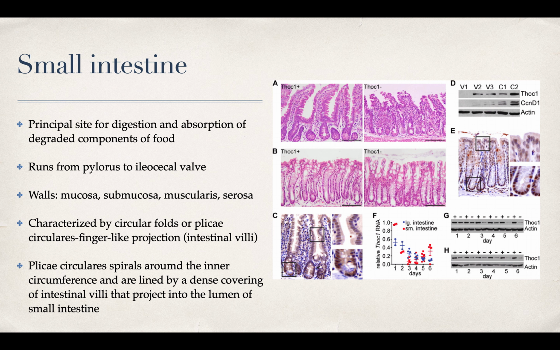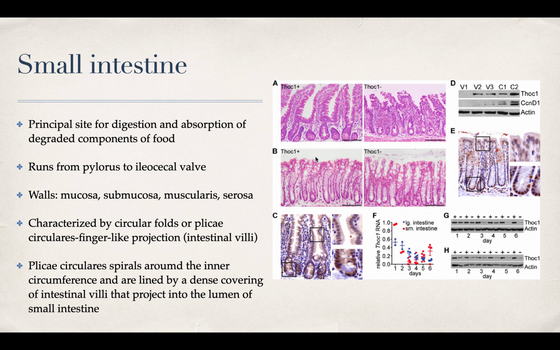So, the principal site of digestion and absorption of degraded food is the small intestine, and it runs from the pylorus to the ileocecal valve. And the walls are kind of the same throughout the alimentary canal, except for this one has serosa instead of adventitia. And the small intestines are characterized by the plicae, and the plicae circularis is when you look on it